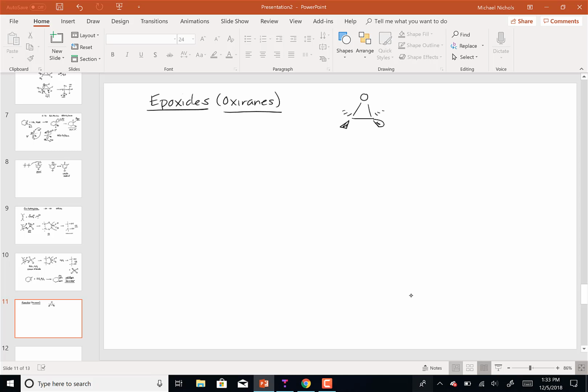So this epoxide is an intermediate compound. We can make it, we can put it in a bottle, but it's not necessarily useful by itself. It's useful in the reactions that we can do with it. So first question is, how do you make it, and then what do you do with it? So how do you make this? Well, we go back to our